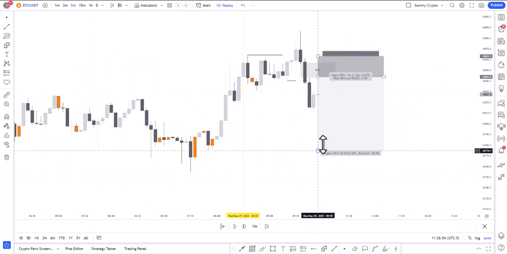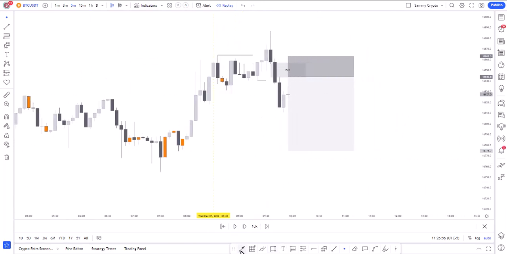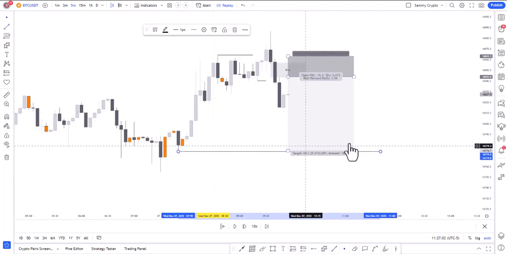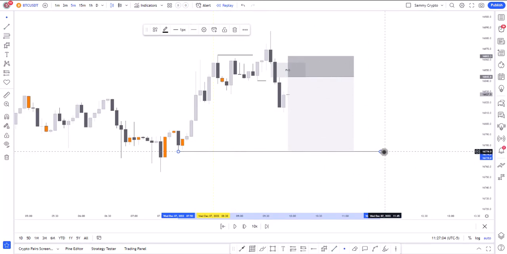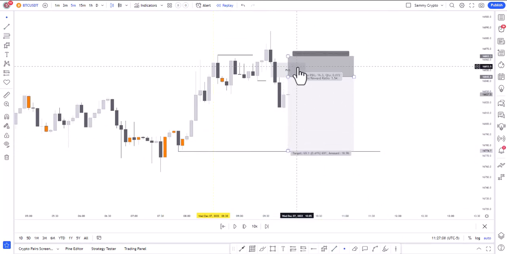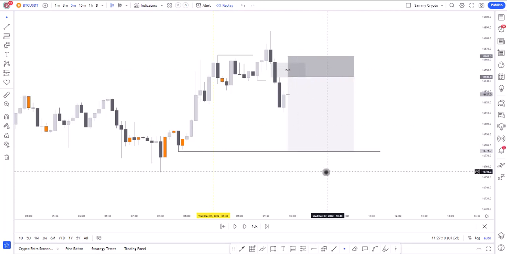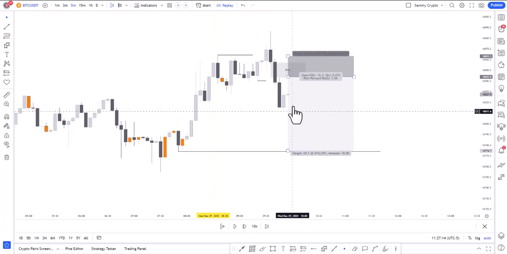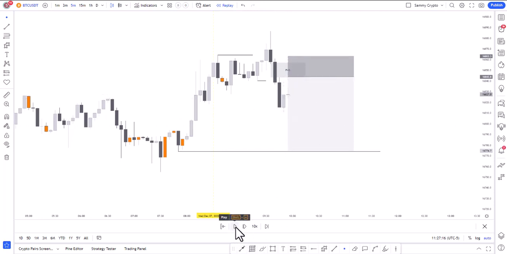Okay, so what I was talking about is you taking your entries at this low. I always take my target at the nearest low. Then you are expecting price to trade back to that FVG, then go down. Whether you're countering a trend or trading with the trend, you just know when to look for this particular setup. All right, so